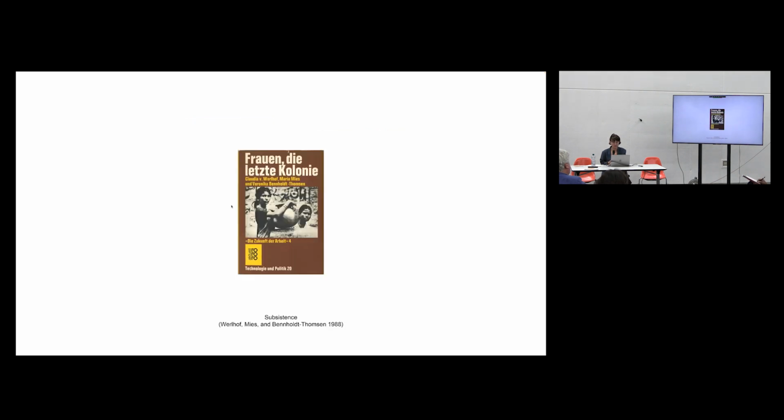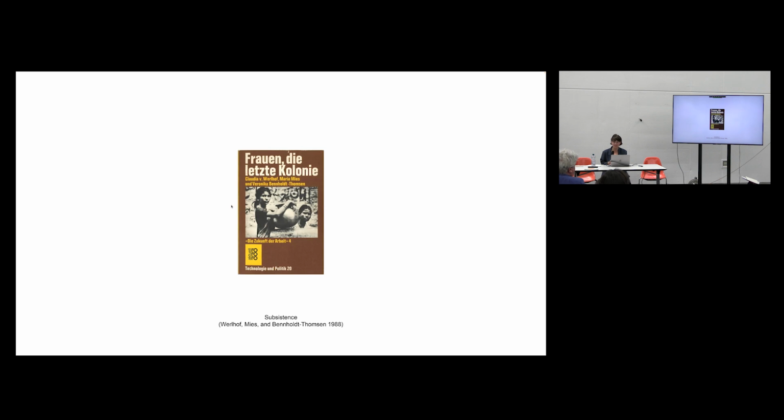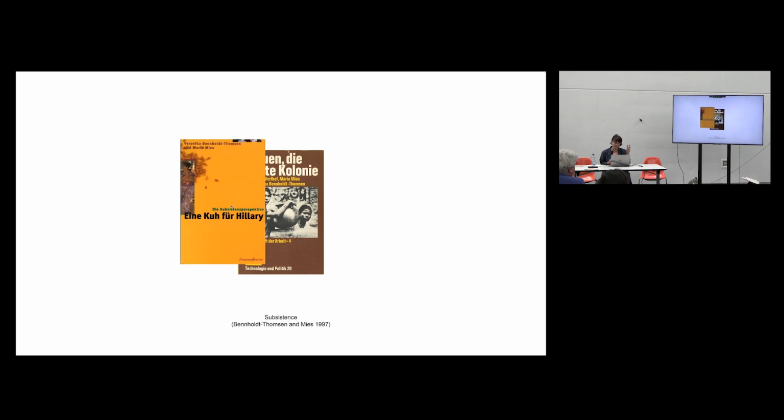And going further, we have a lot of feminist literature about this. And coming to the last term, subsistence, I quickly want to introduce some writings that I work quite often with. Even if you see on the cover that the titles are not that contemporary anymore, some of the analyses are quite sharp. So it's about subsistence, and subsistence production is defined differently than before, because it includes all work that is expended in the creation, recreation, and maintenance of immediate life, and which has no other purpose. So we can also introduce agricultural reproductive work in here. Subsistence production therefore stands in contrast to commodity and surplus value production.